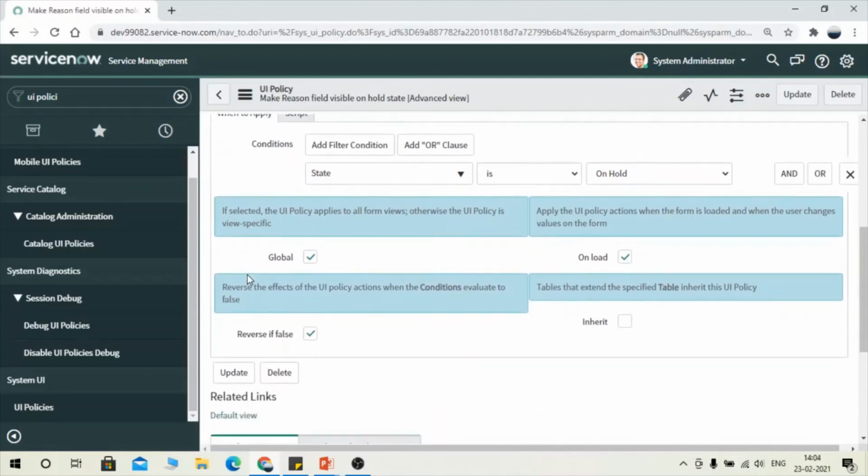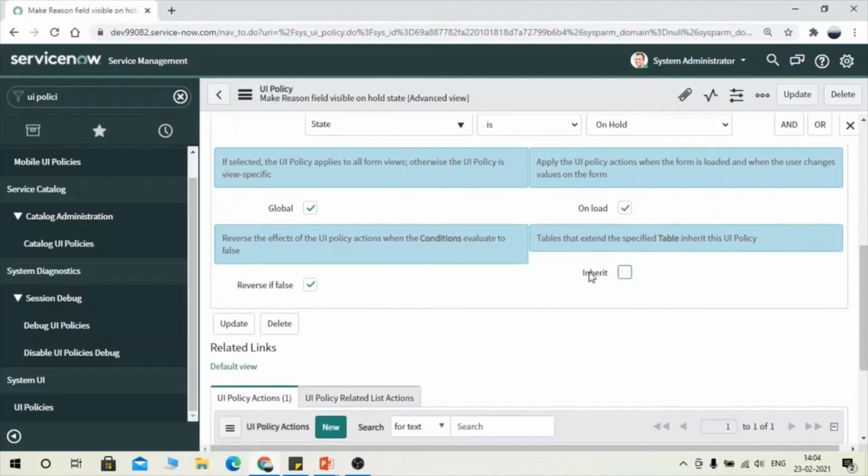Okay, so apply the UI policy when the form is loaded and when the user changes a field on the form. So if you have checked On load, then this UI policy will be applied when the form is loaded or if the user is changing a value on the form. And you could see here Inherit. Tables that extend the specified table inherit this UI policy.